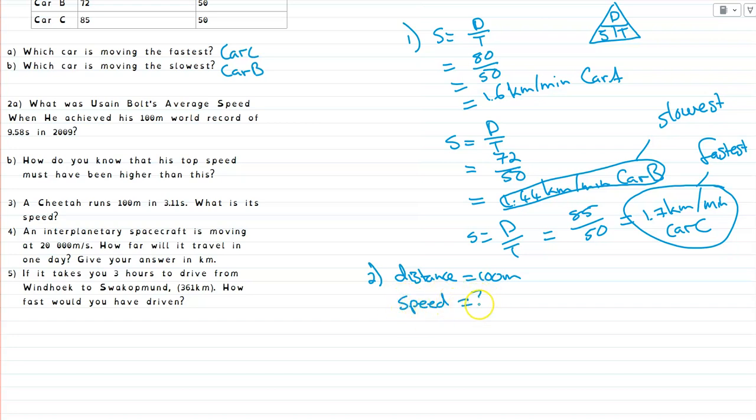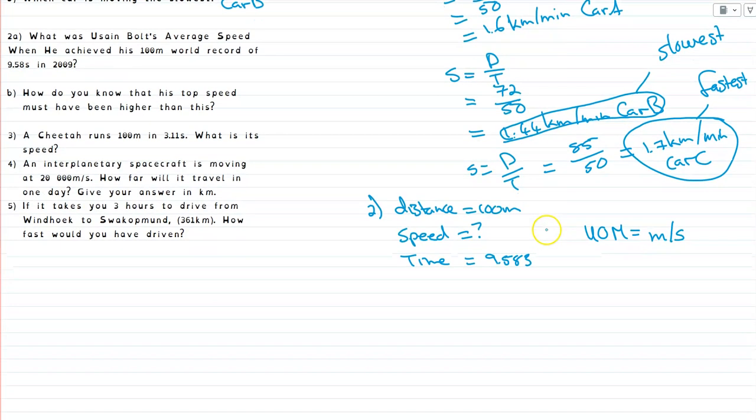Okay, do we know its speed? No, we don't know the speed. Do we know the time? Yes, we do know the time, which is 9.58 seconds. And there we already have our unit of measure, which is meters per second. Okay, now we can actually calculate our equation. We say we need the speed, so we have speed equals distance over time, which is equal to 100 meters divided by 9.58 seconds, which will then give us